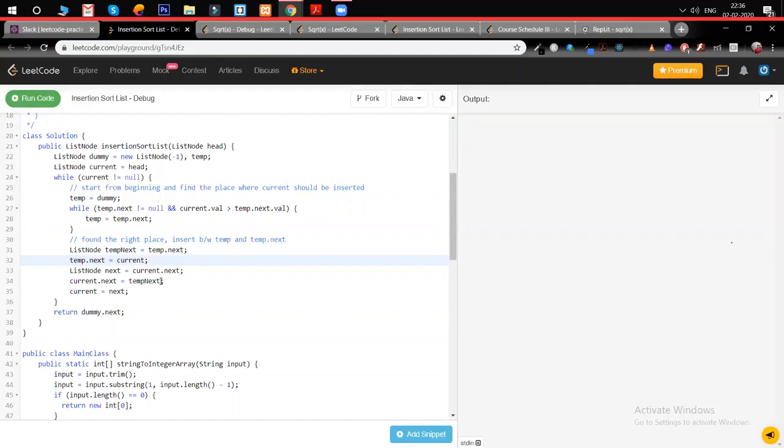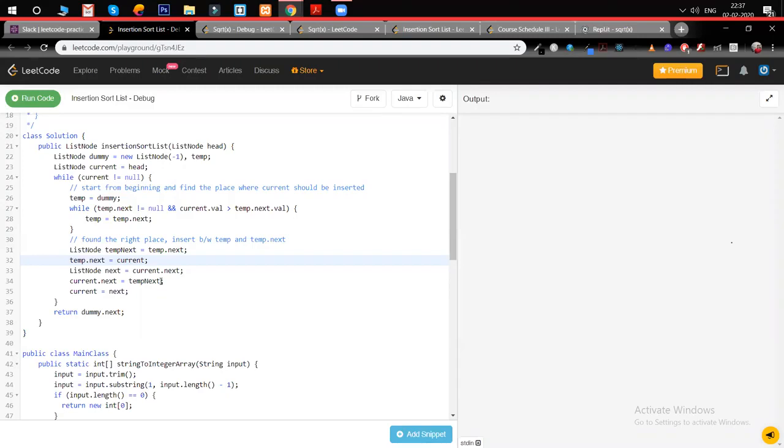I don't guess we have other approaches than this. One quick question, then we can move to the next one: is this dummy node a temporary node created with a -1 value? Yes, it's a temporary node. Normally I use it to link with the start of my head, because we always need to return head after the linked list is done. And we are saying that temp is equal to dummy.